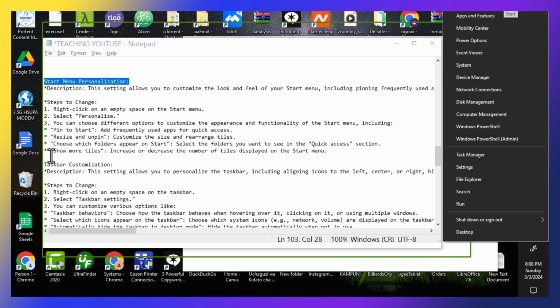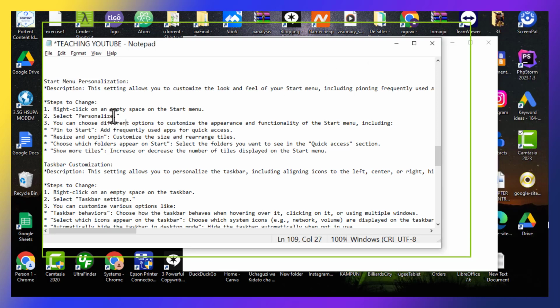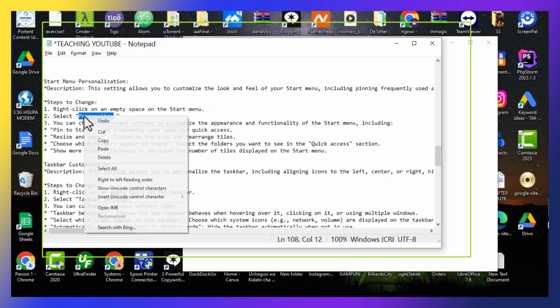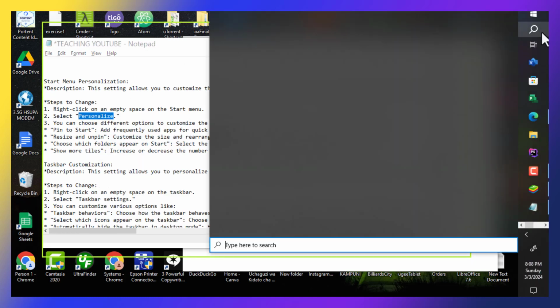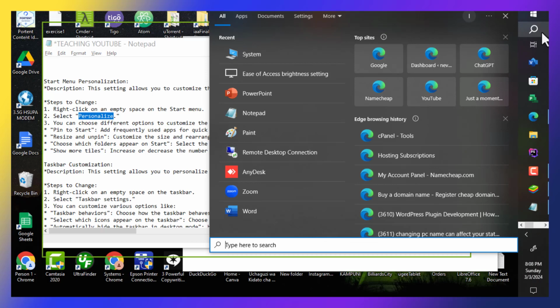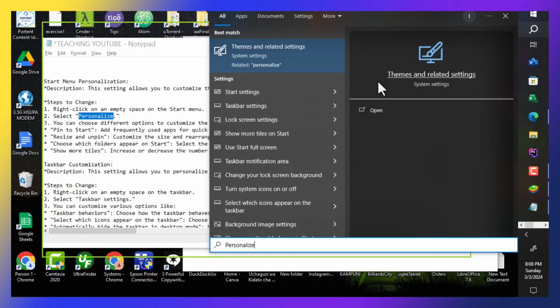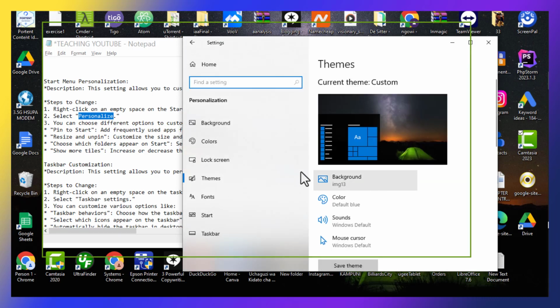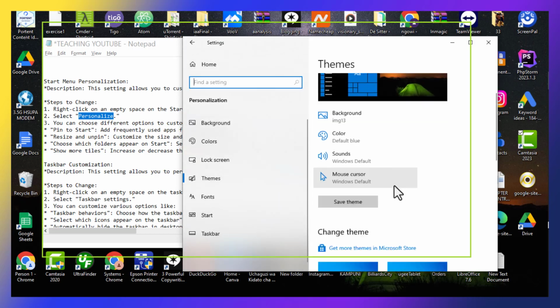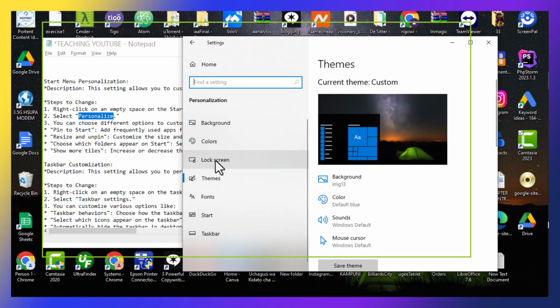resize and pin wherever. So I think the best way to capture these steps is to copy this personalize, put it in search, then let's search. So personalize theme and related settings. So I think this is the setting we want. So we can change the settings of personalization, the background, the colors, you see,